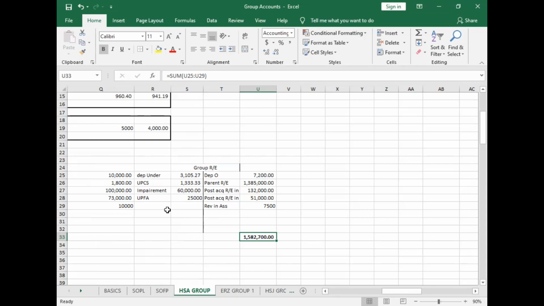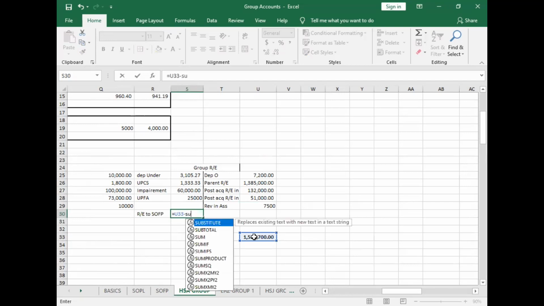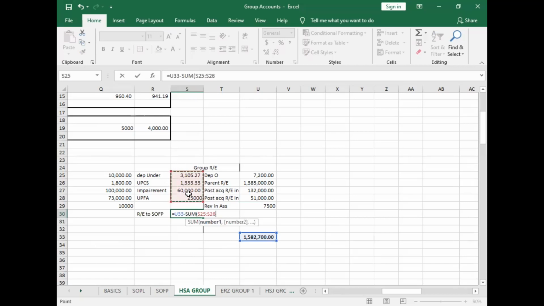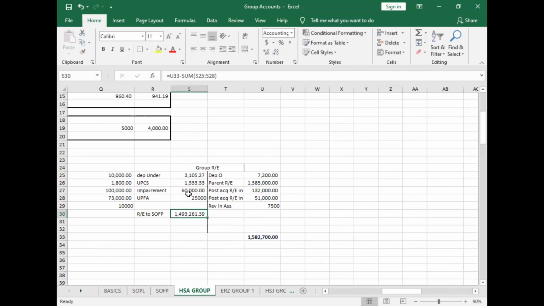So also for here, so I'll find the retained earnings, the value that we'll be taking to the statement of financial position, isn't it? So the value that we'll be taking there will be equal to this value here minus sum. I press tab, the sum here, isn't it? I close the brackets, control enter, isn't it? And that is the value that I'll be taking there, control C, just to see the balance, but it must balance, control V,